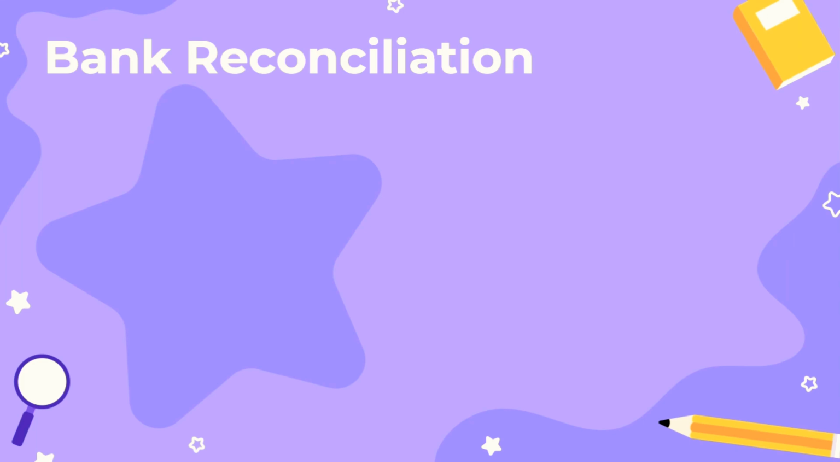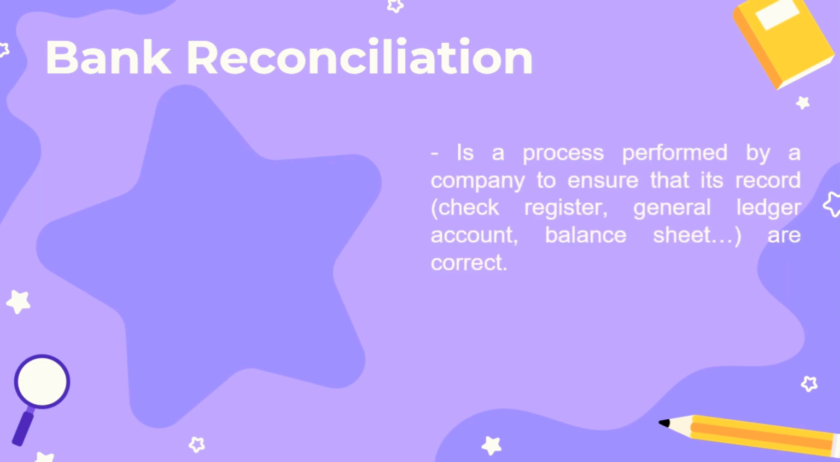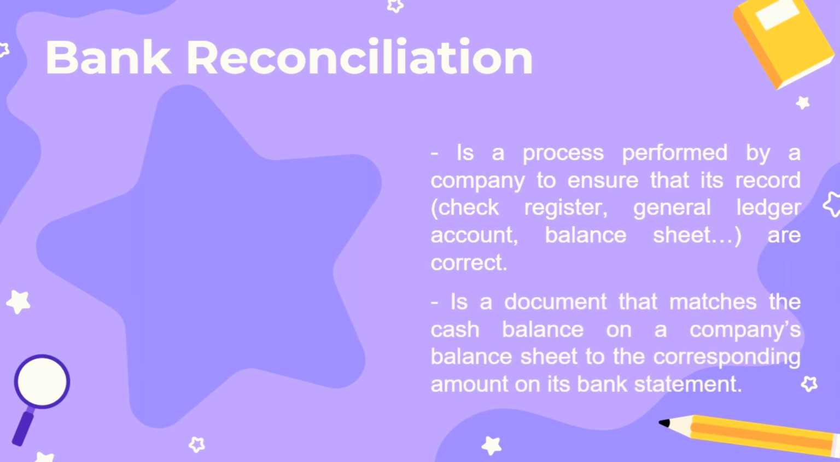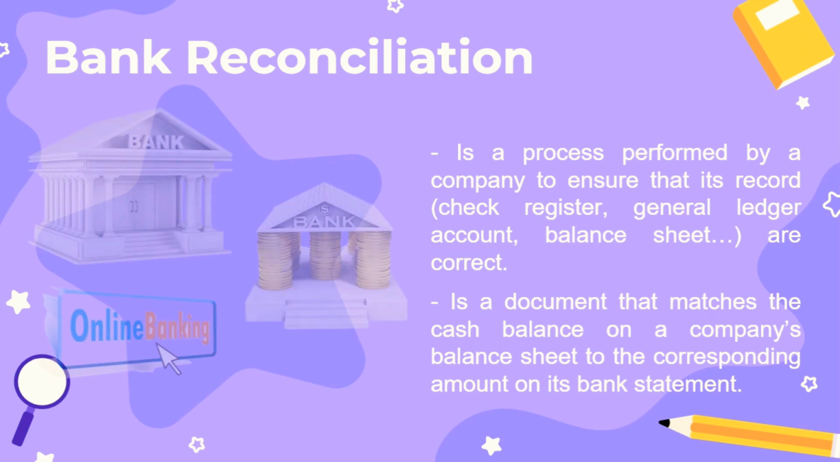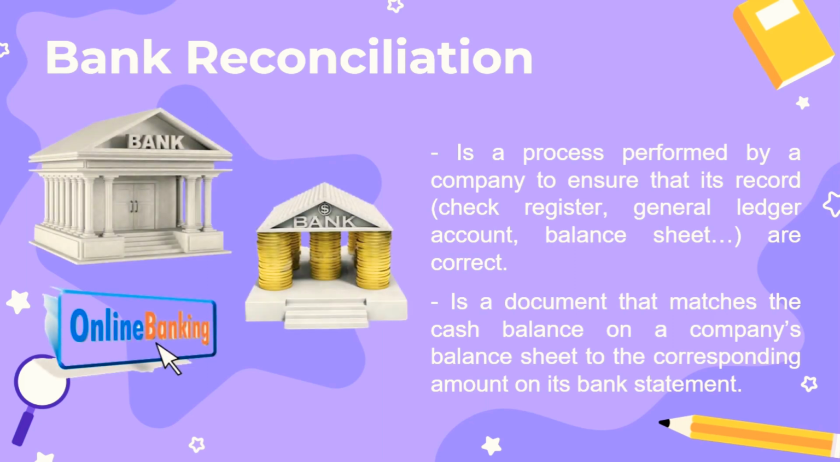Bank reconciliation is a process performed by a company to ensure that its record, check register, general ledger account, and balance sheet are correct. It's a document that matches the cash balance on a company's balance sheet to the corresponding amount on its bank statement. A bank reconciliation should be completed at regular intervals for all bank accounts to ensure that the company's